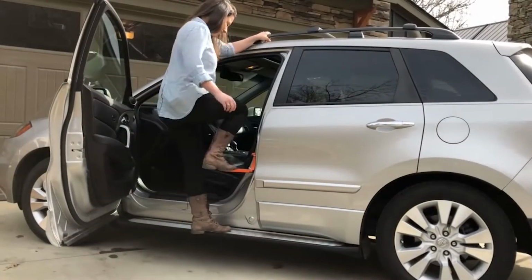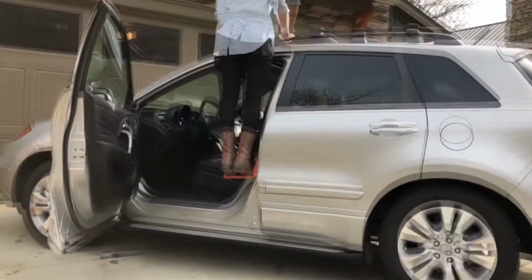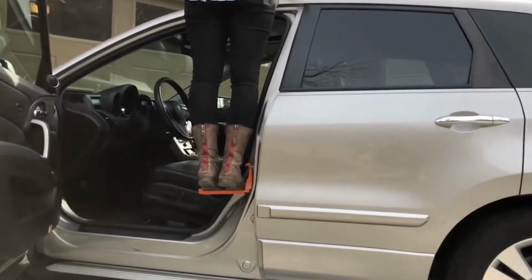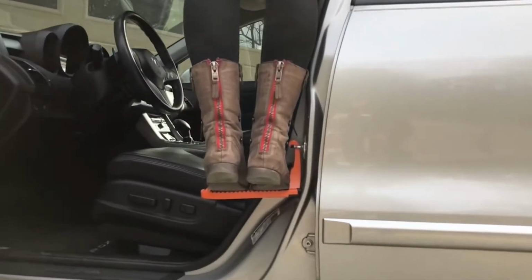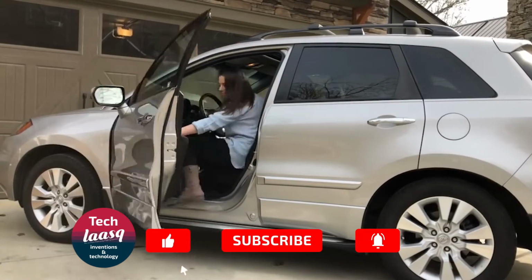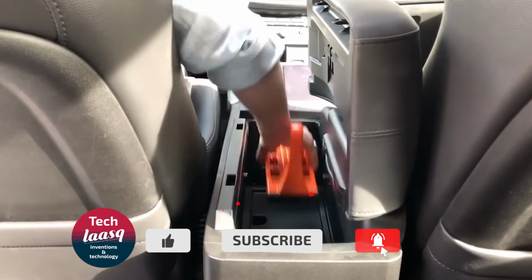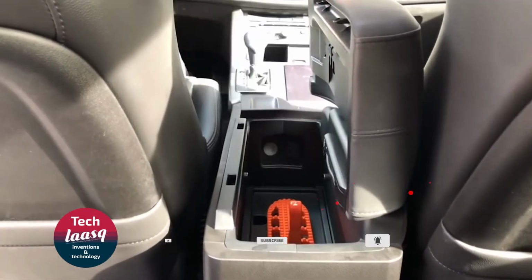Step up onto the doorstep 1 foot at a time using your hands to help raise your body weight. The Moki doorstep provides a comfortable platform for both feet and allows for a balanced standing position. Make sure to unhook the doorstep before you close the vehicle's door. Store the step in your vehicle's center console, glove box, or spare tire compartment when not